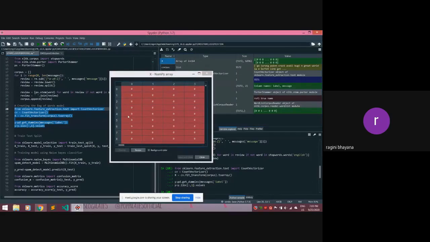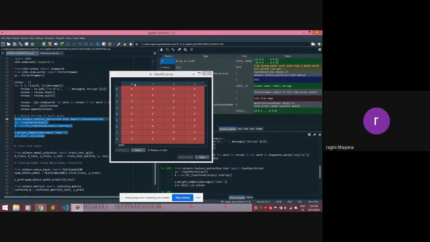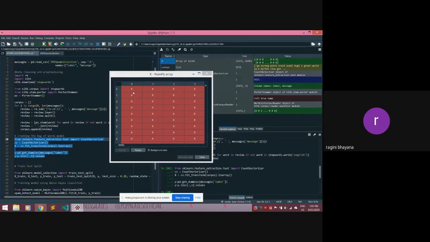We look at X first. In X, we can see each word became our feature, and we have the sentences here. We can see that there are a lot of zeros and very few ones. That is because this vector shows whether the word which the feature represents is present in that sentence or not. You'll see lots of zeros. I'll show you one.